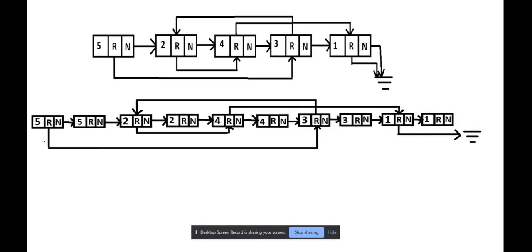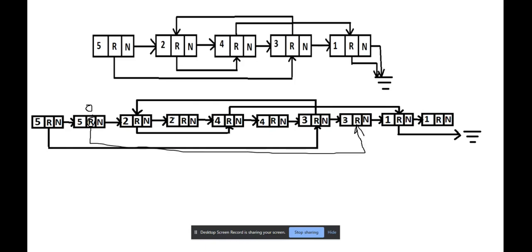Once done till here, we can go to the next pointer, the copy node, and we will assign its random pointer to where the random pointer of the original is pointing. The random pointer of the original is pointing to the third node, so we go to the next node of the third node. We come here, and now we assign the random pointer of this copy to this one.